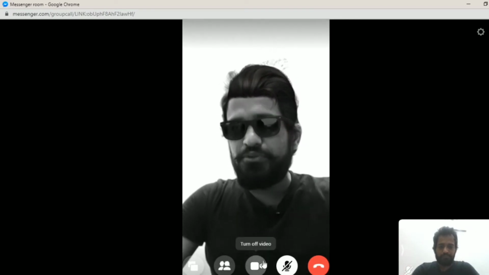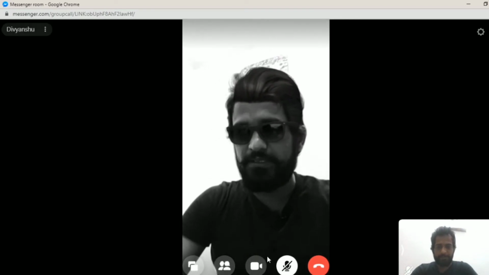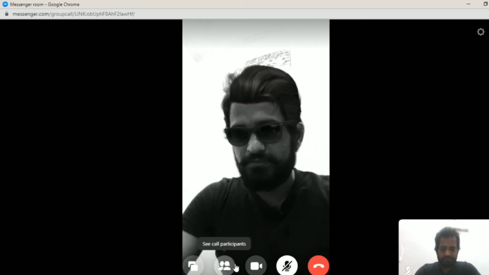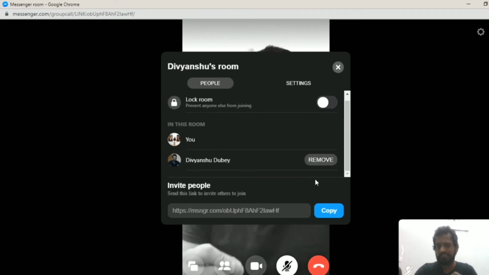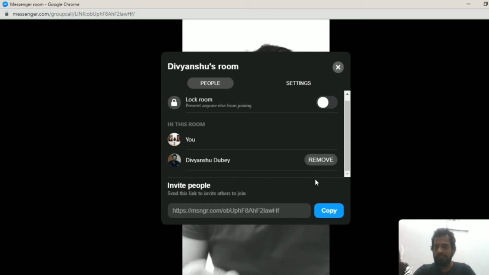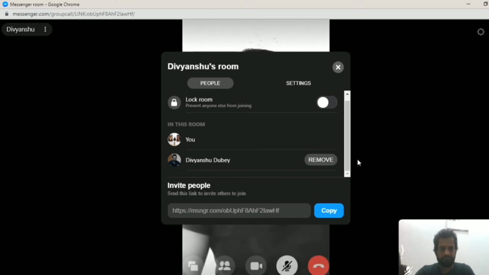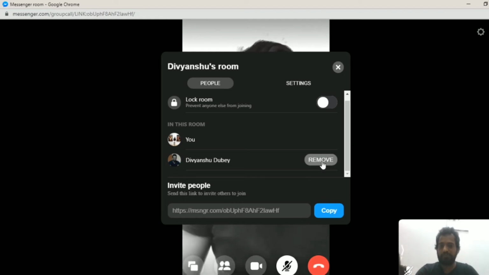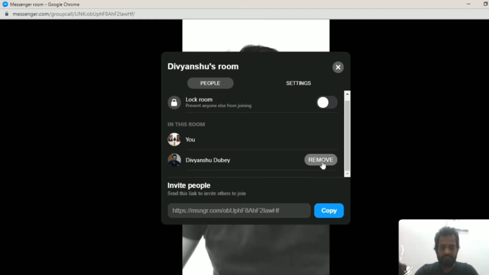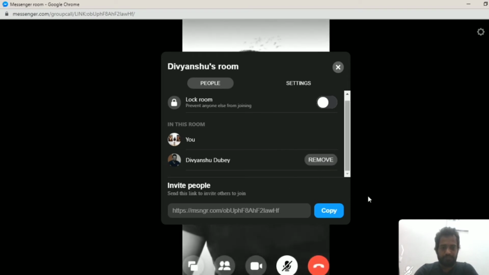I'm going to show you what options are available on desktop. In Messenger, you can use your browser. In fact, if you are not using the Messenger application on your phone, you can join via browser as well. Earlier when I was testing, I tried to connect via Chrome browser and it worked for me. Here I have got one option: the organizer has the option to remove a participant. So the organizer can control it.